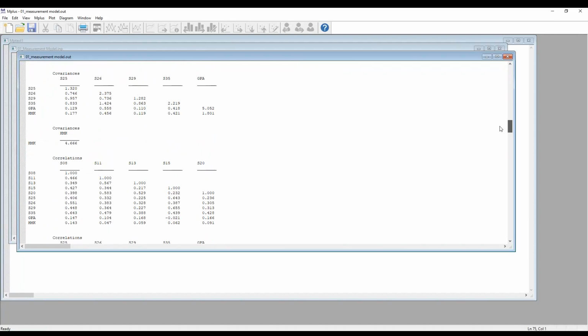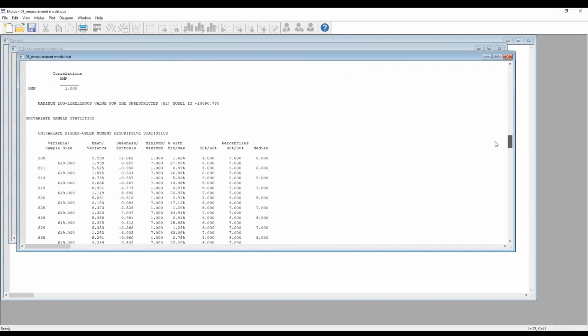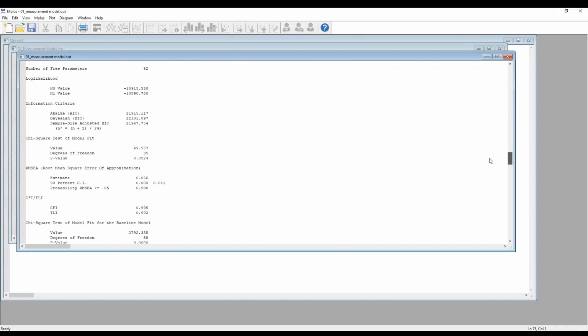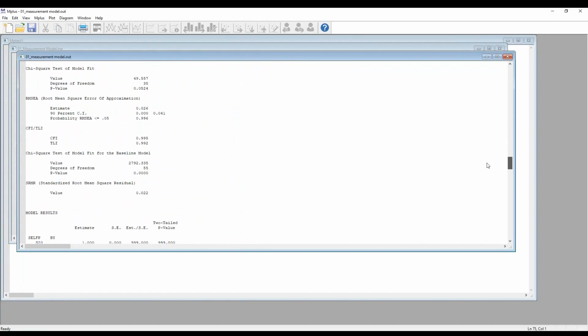Okay, so first we get all these sample statistics, which we're going to breeze by right now. And let's start by looking at our chi-square tested model fit. So here, our chi-square tested model fit is, and I'm going to write this down too, 49.557 with how many degrees of freedom? 35. So I really should go chi-square 35 equals